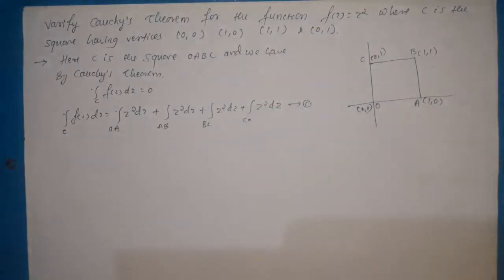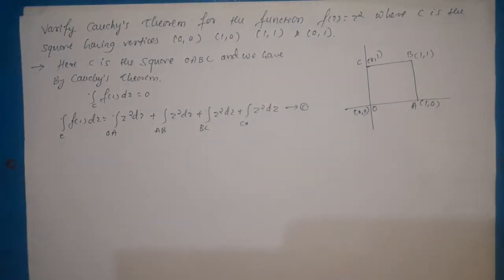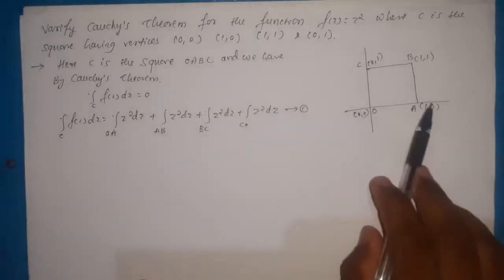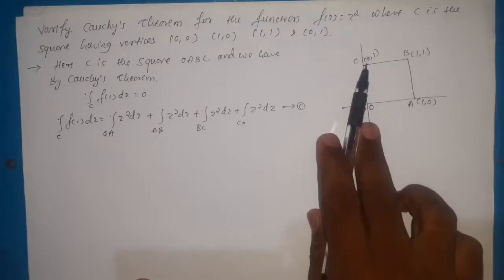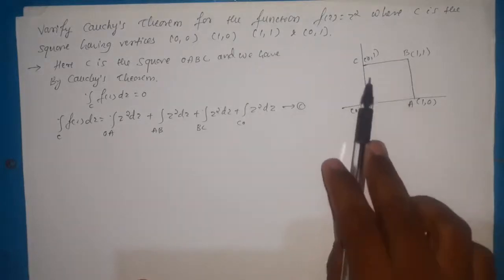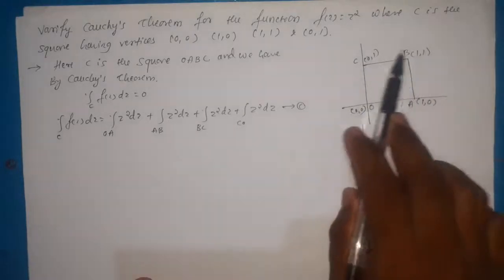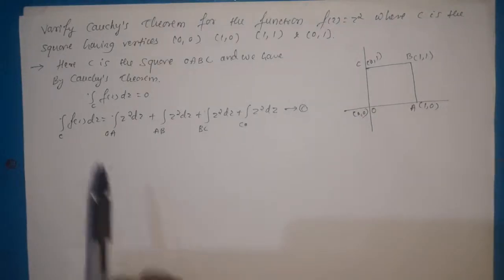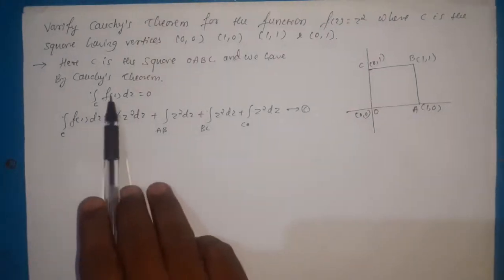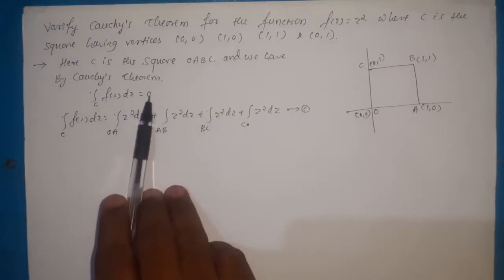So first of all, let us draw the square having these vertices. Now this is the square having these four as the vertices, and now we need to show that integration over C f of z dz equal to 0, where C is the curve